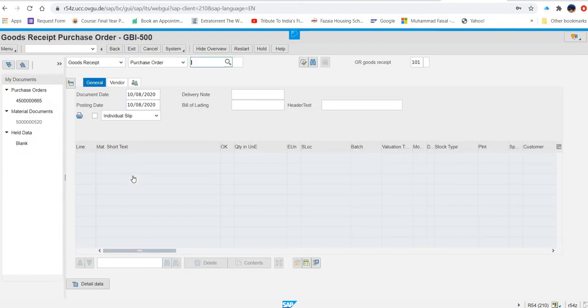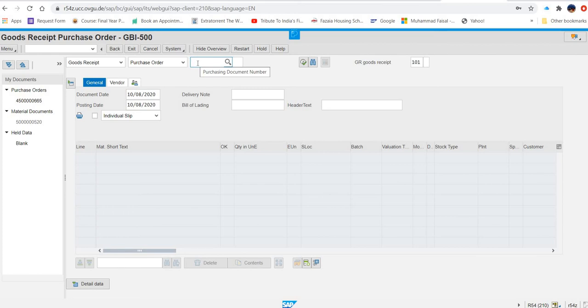Now make sure that you are on the correct screen. Goods receipt purchase order. So we are on goods receipt purchase order. Now over here, what they are saying, your purchase order number should come automatically. If it is not coming, then you can search for your number, or you can type your purchase order number directly here.